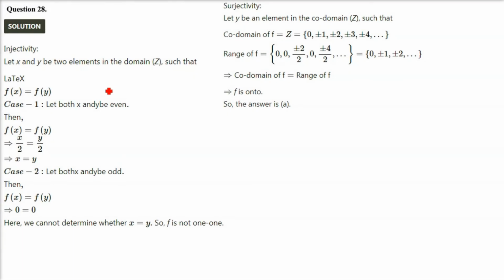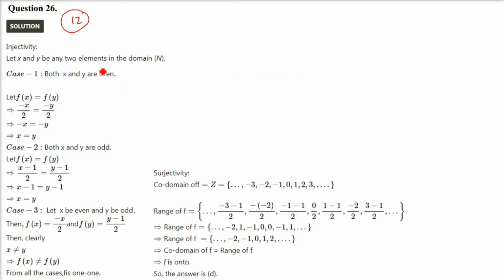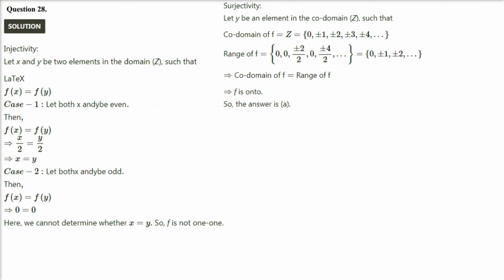Next question. The kind of question this is, we have already seen. The first part is almost the same, if you go back to the even odd scenario. But we will try to do it, because there is one more part. So we have to again check for injectivity and surjectivity. Here f is from Z to Z. Please remember, these are integers.